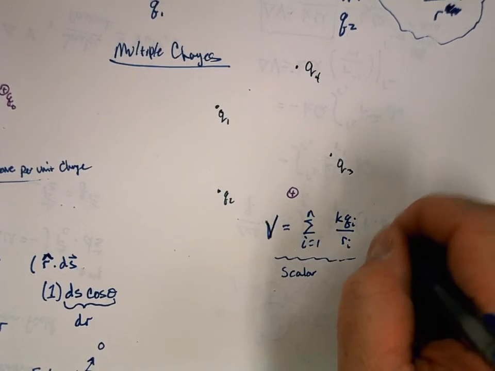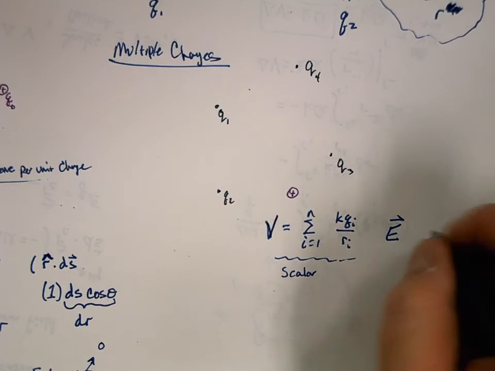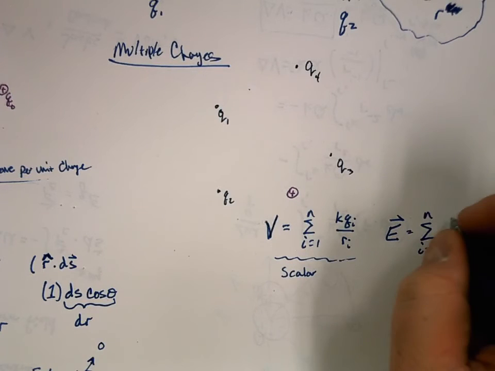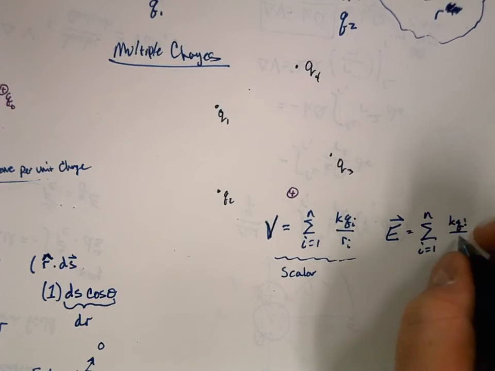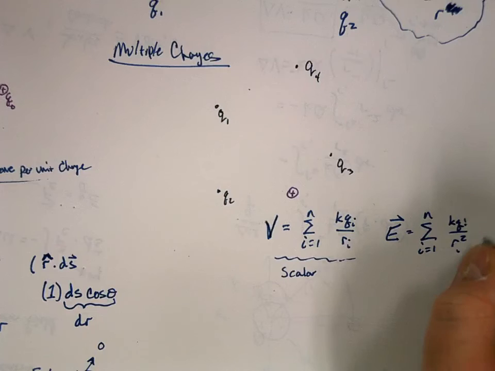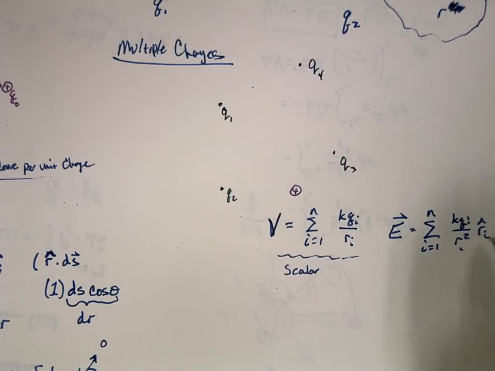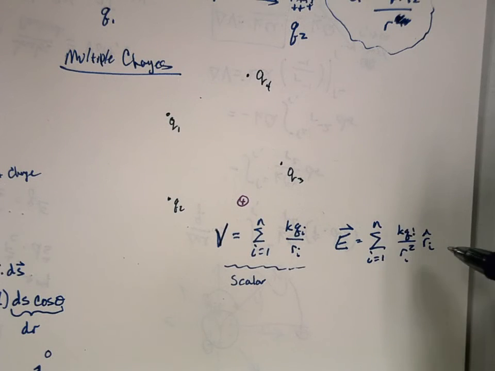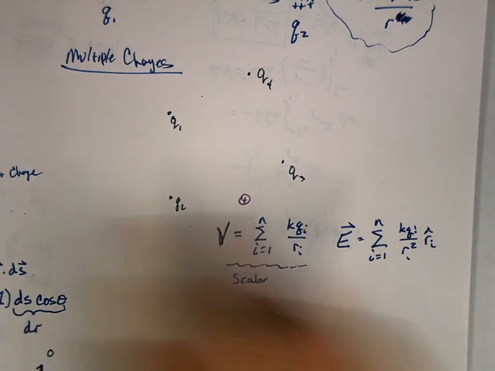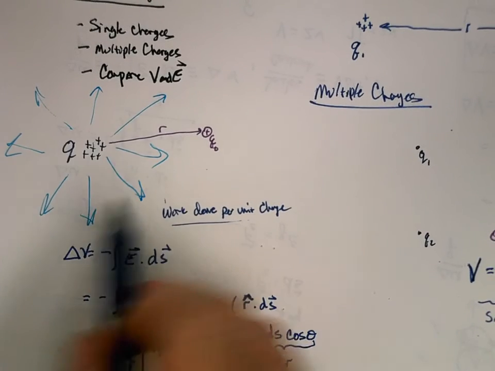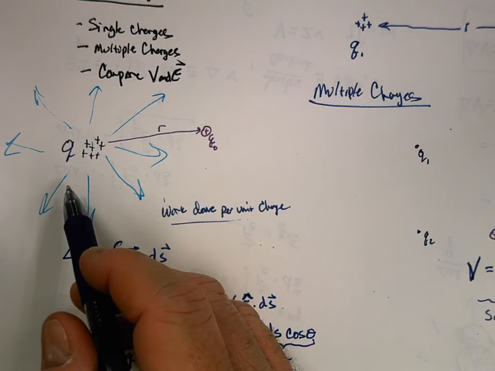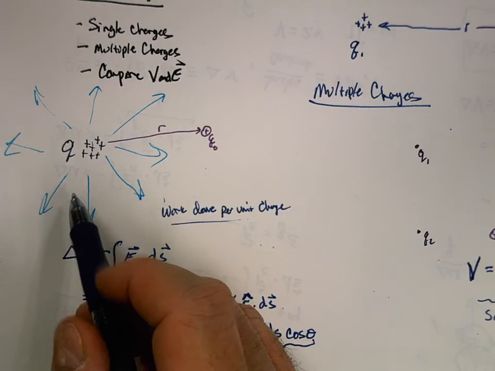Energy, electric field, is not. Electric field, remember, is the summation of i equals 1 to n of kQi over ri squared, ri hat. And what gave us all the trouble with our electric field is this stupid r hat, because that changes. Our electric field is changing direction wherever we are around the charge. But our voltage,